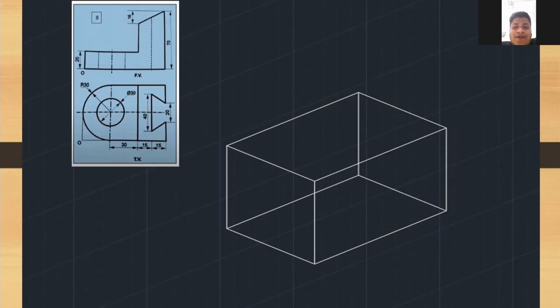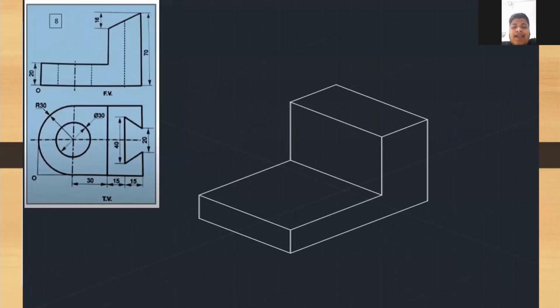First we will have to do LBH analysis, which will help us in drawing the isometric view. Here the length of the object is 90 millimeter, breadth is 60 millimeter, and height is 70 millimeter. So we have to make two isometric axes at 30 degrees to the horizontal plane and then draw a perpendicular to the plane, so we will get the XYZ planes respectively. Here we will draw a cuboidal shape of length 90 millimeter, breadth 60 millimeter, and height 70 millimeter.